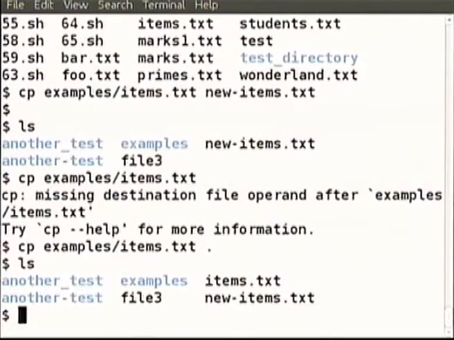If in the destination you give something that is already existing, some directory name that is already existing, then the cp command will understand that it should be the same file with the same name inside this new directory, and for the current directory we need the dot. So look, now when we do ls, we see that this items.txt indeed has got copied from within the examples directory into the current directory.